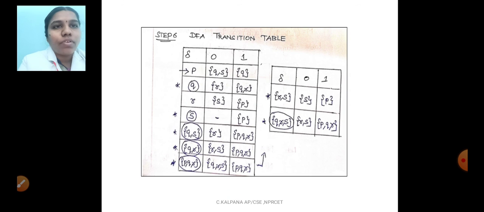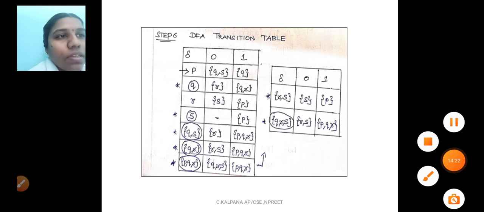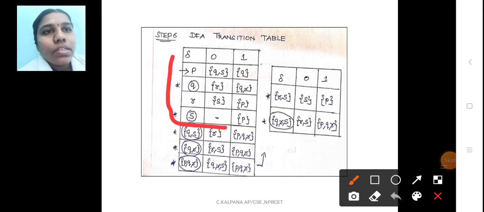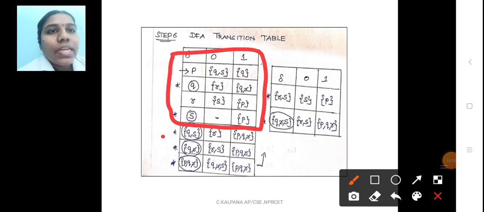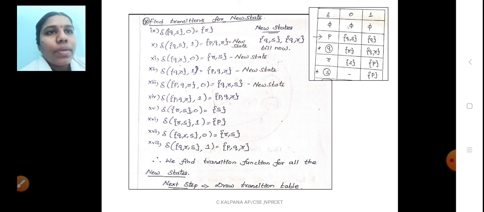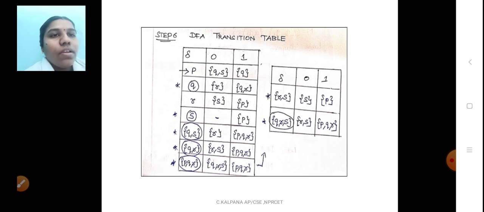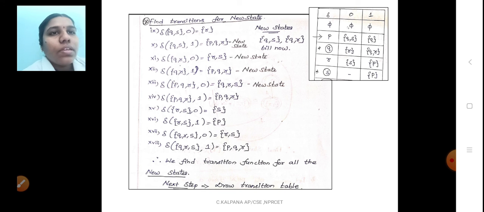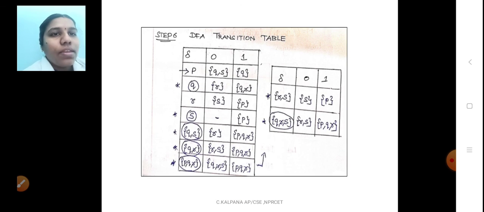So I'm going to draw the transition table. So first PQRS is already mentioned in the question, so mark that. Then draw only for the new states. So in this above table, this is already given in the question. The new states are QS, QR, PQR, RS and QRS. So in Q comma S, Q comma S comma 0, answer is R, Q comma S comma 1 is PQR. So mark q comma s comma 0 is r and q comma s comma 1 is pqr. Q comma r comma 0 is r comma s and pqr, answer for one input.